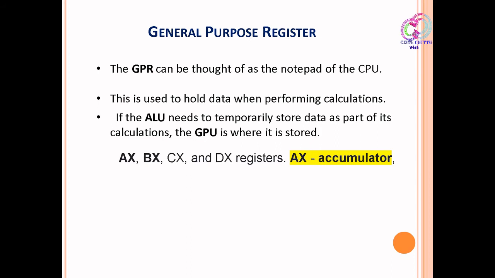After that, with the next instruction, the result from the accumulator will be stored into the RAM; that is the next process. But during the calculation, as this accumulator is present in the ALU, the default result will be stored in it. Nowadays we call this AX the accumulator, and there are also BX, CX, DX registers, depending upon the processor. Some other sets of registers are also used now. Totally, if you say general purpose register, you can say it's the accumulator. For your standard, that's enough. Once the calculation result is produced, it is temporarily stored in this register.